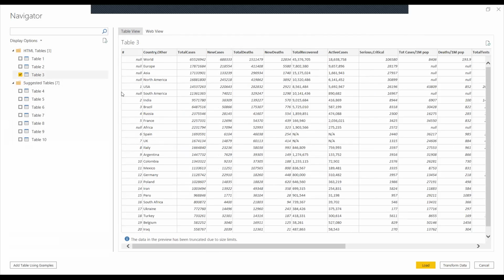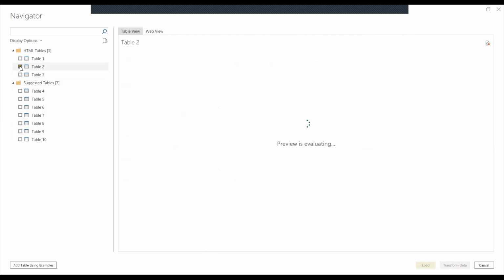Table 3. Just for a checking purpose, I am clicking on table 2. What is in table 2?